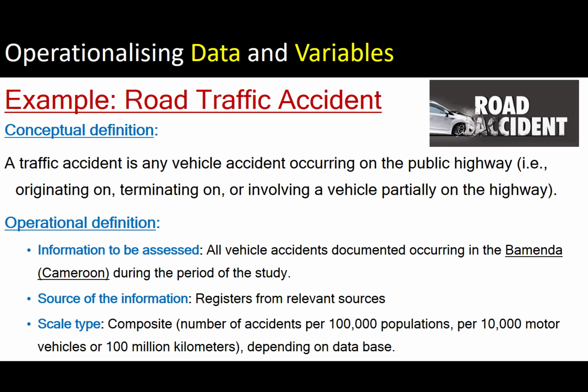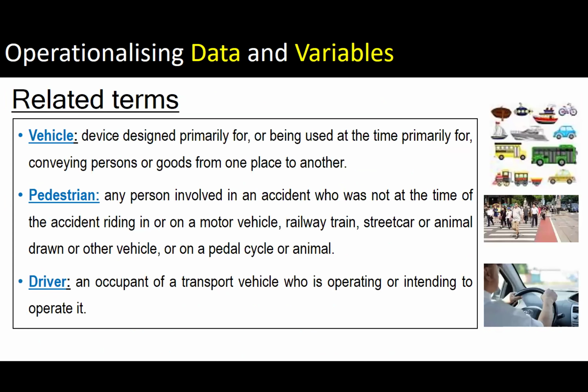In urban areas, in most settings in Africa, you might have road traffic accidents occurring from cars. Whereas maybe if you go to the rural areas, you might get them from bikes. So these concepts need to be defined. So this is the concept definition, okay, and definition of the terms. If you're talking about road traffic accident, you need to define what you mean by road traffic accident. What is a vehicle? Okay, who is a pedestrian? Pedestrian, is it somebody walking, okay, on foot, or somebody maybe on a bike? So all these concepts need to be defined. If they are not defined appropriately, you might collect the wrong data and draw wrong conclusions.